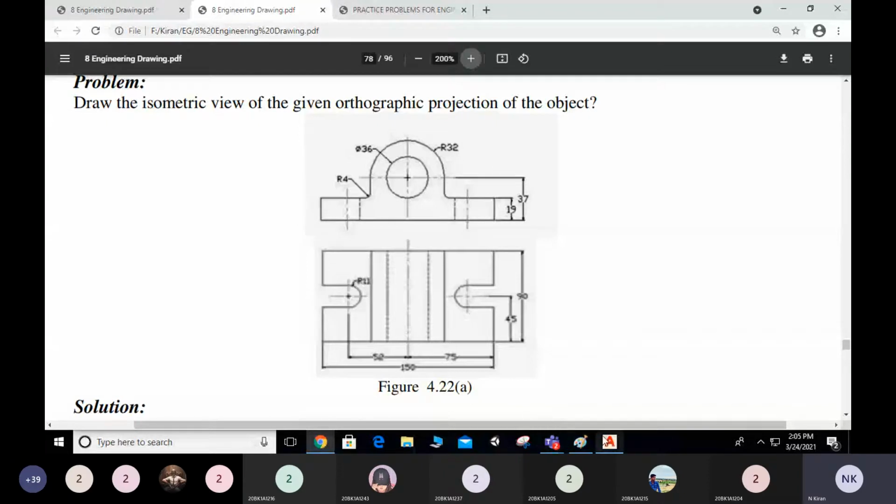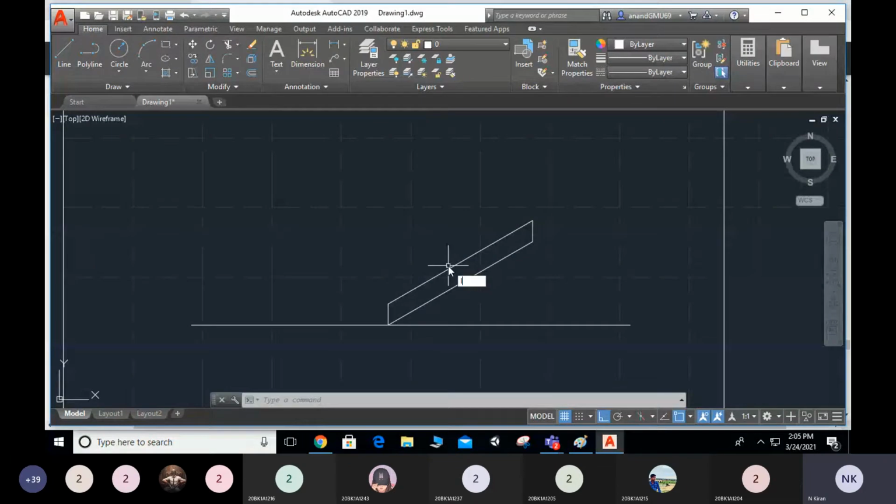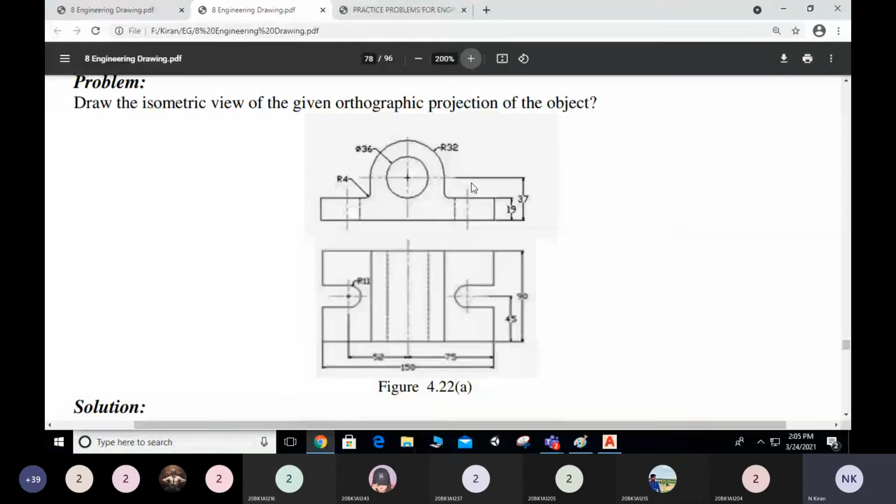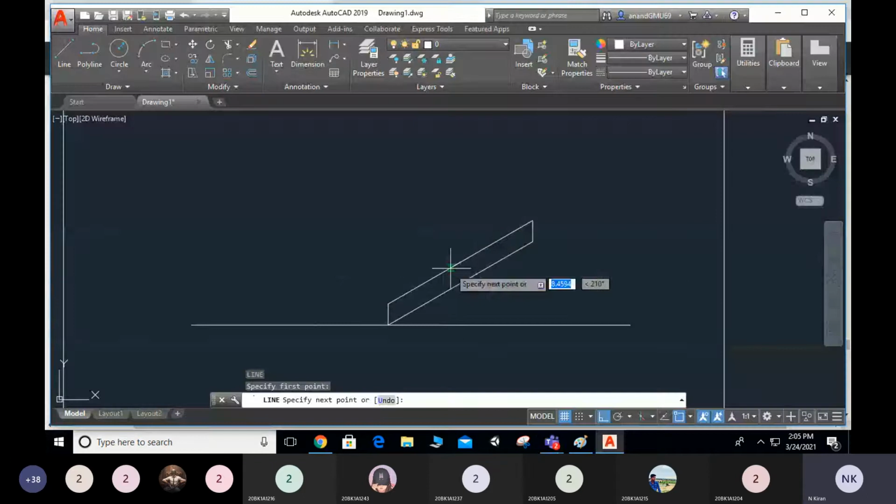So from the midpoint I have to take, see, L enter. Now this is your midpoint. What is the height? The height will be almost, the center point is 37. You can make 37 the center point, and from that point also you can make a 64 by 64 box. Instead of that, I will make a 64 by 64 box somewhere and copy paste it here. So this is your 37 height.